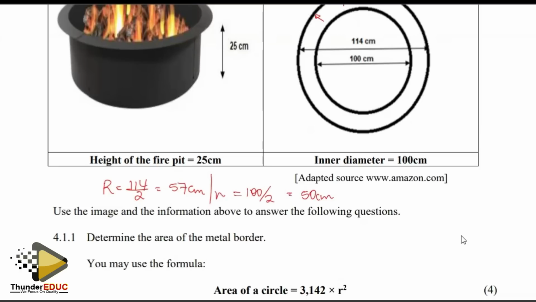To get the area of this part here, we need to subtract them. We shall find the area of the bigger circle, which is 3.142 times 57 squared, and we end up with approximately 10,000